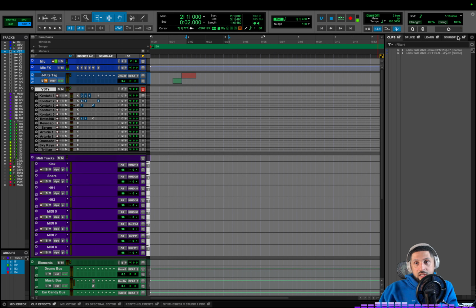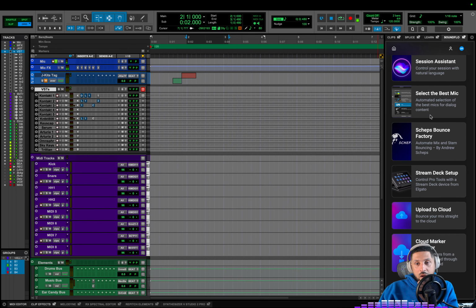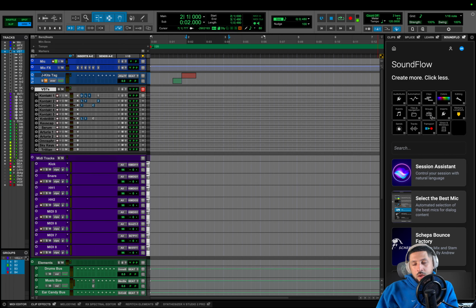The main thing I want to check out today is SoundFlow. I took a little bit of time loading it up and getting signed in, just seeing what it does. I watched a few videos on what it does, and I think this is a really good game changer for DAWs, period. But definitely Pro Tools, as far as having an AI assistant, is really cool. Something I would use for sure. I think all the busy work that I put in over these years, I'm overdue for some kind of assistant, whether it's AI or a real person. So